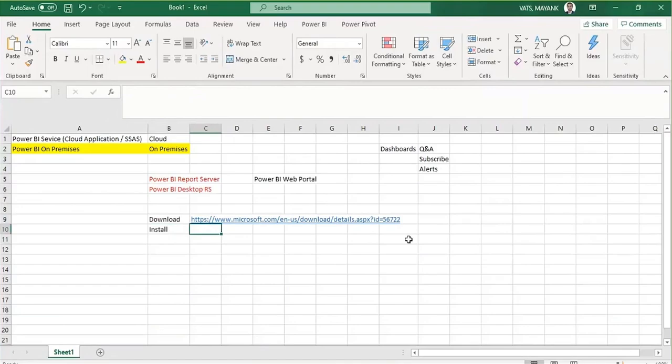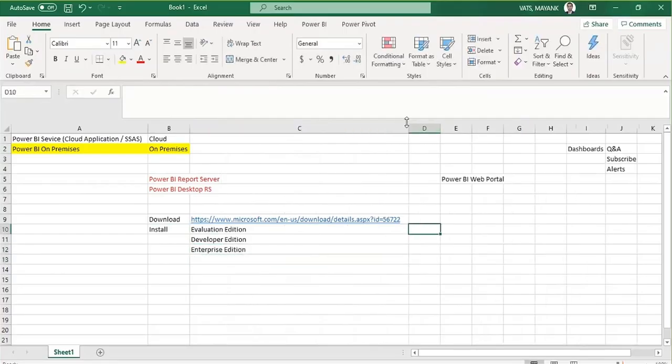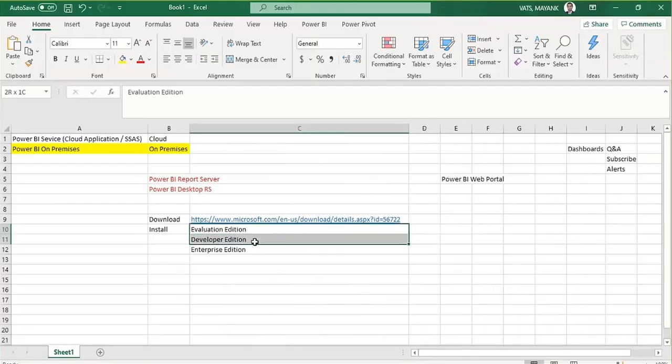Power BI Report Server comes in different editions. One is the evaluation edition. Second is the developer edition. And the enterprise edition. So what is the difference? Technically, you will not see any challenge or issue when you use any of them.